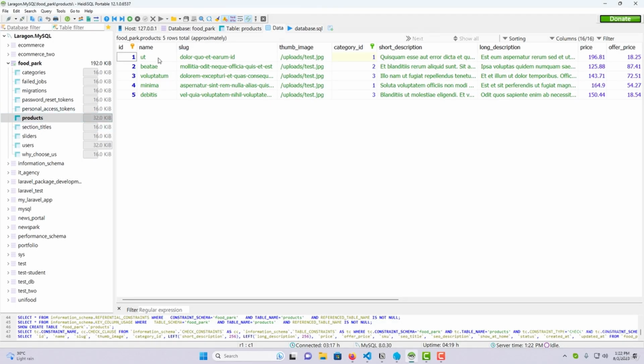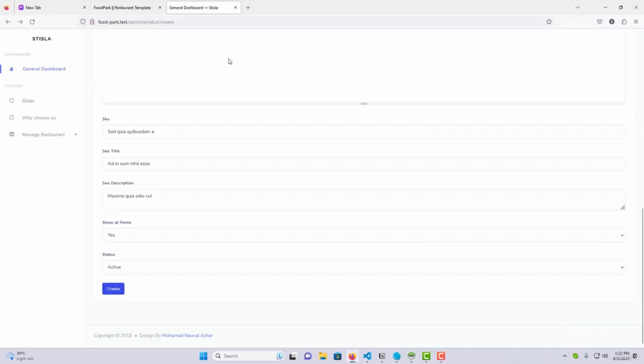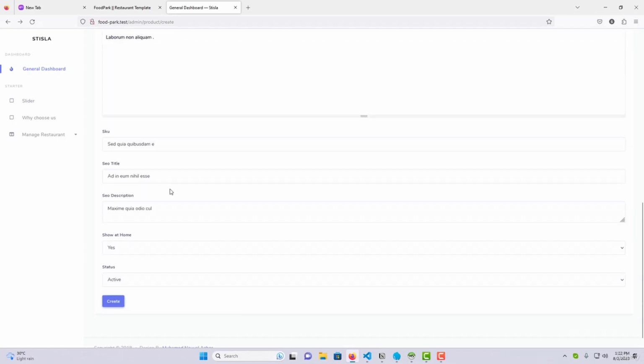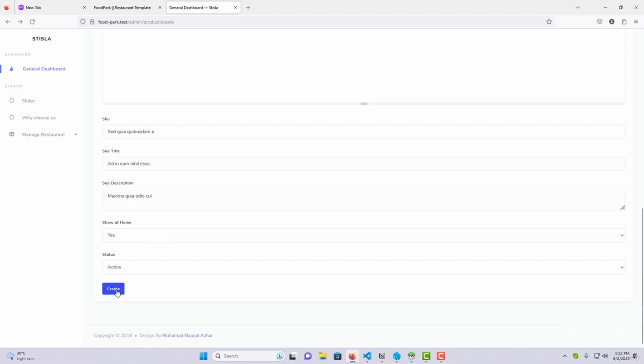I'm currently viewing the product table, right? In the product table we have some products, and here, look, we have some slugs. If I test with them, we have the first product. I can copy this slug from here, and let's paste it in this portion. As we are working with name, we have to remove these hyphens, just remove them like that. And now if I click on create, look, here is our slug, and at the end now we have a number